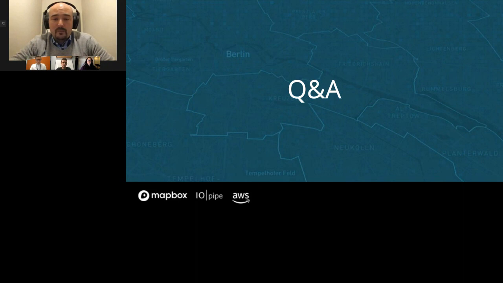From a Mapbox perspective, we don't care. Your data can come from your own services at any scale. If you have a massive Elasticsearch cluster, or something like Druid that has a lot of data pumping through it, as long as you're serving it in either vector tiles or GeoJSON, we'll render it. From an IOPipe perspective, I think this is an interesting question. Is there anyone from the IOPipe team who can comment on the availability of this type of monitoring in a hybrid environment?